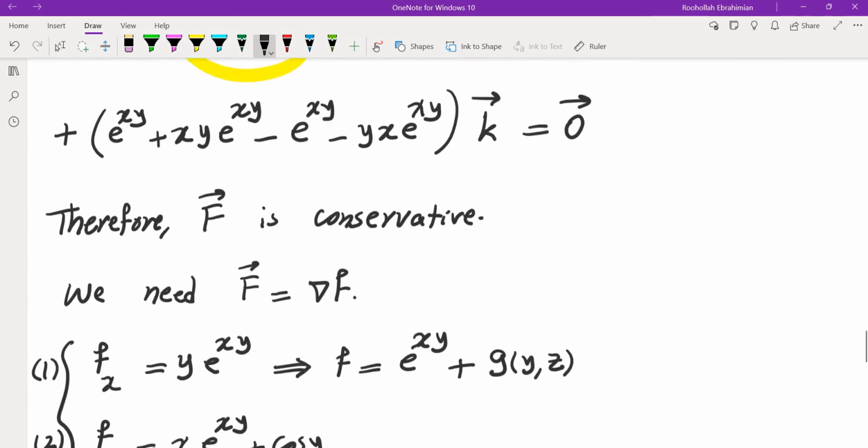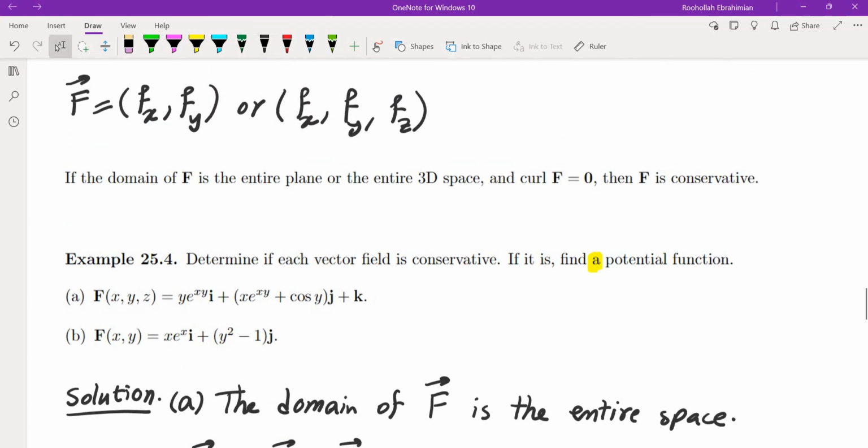Okay, next part of the problem. We are given another vector field and we are asked to check if it is conservative or not, and then they're asking us to find a potential function. So since this is a vector field in 2 dimensions, we'll have to turn the third component to 0, because